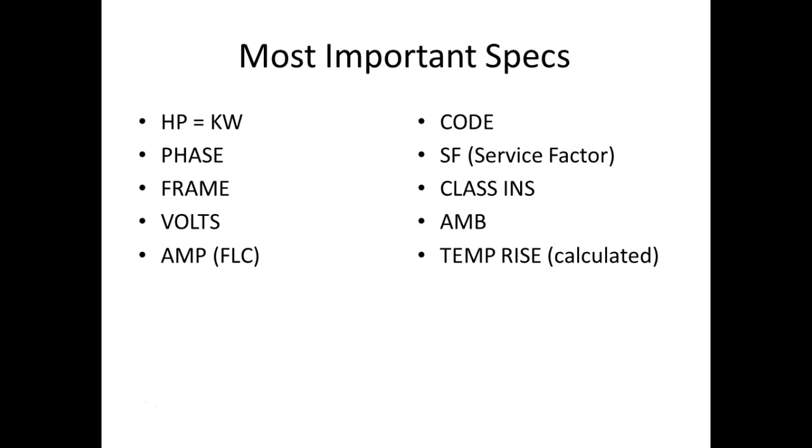It's going to give us a code that indicates the amount of current the motor should pull when it's starting, or we call it block motor. It's going to give us the service factor. It's going to give us the class of insulation, the ambient temperature, and something called the temperature dial. New ones are also going to give us efficiency, and they're going to tell us what size. So what happens is